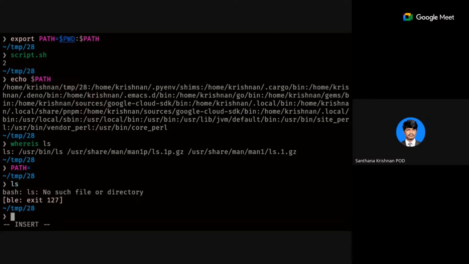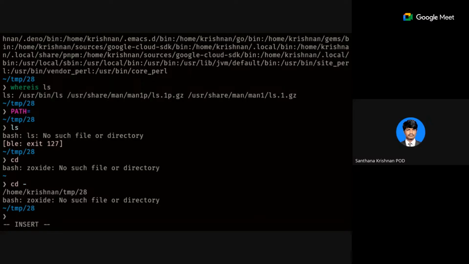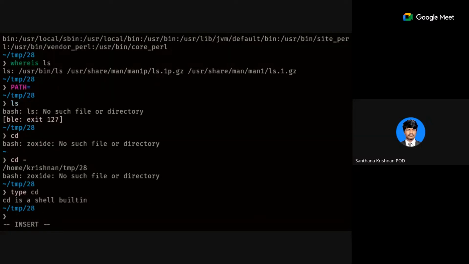None of the commands will work. ls will not work, but cd will work, because cd is not a package, cd is a shell built-in. If you do type cd, it says shell built-in. All your shell built-ins will work, but the separate commands from the package level will not work.